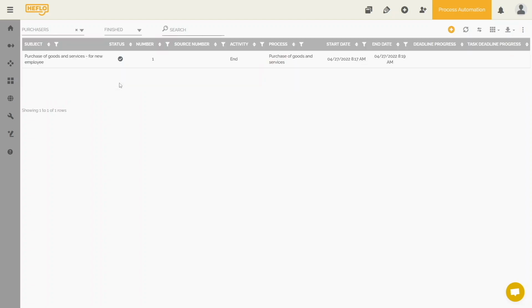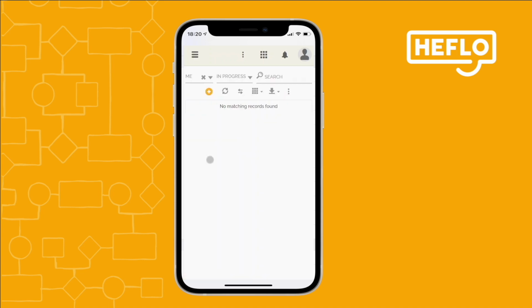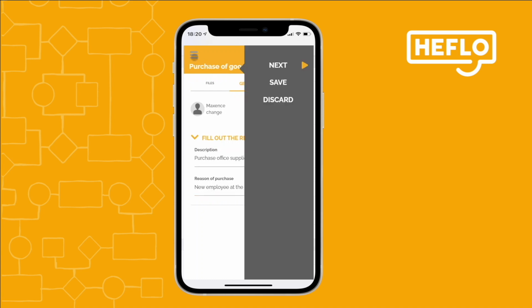You then have the list of work items on this responsibility which are finalized. If your user accesses Airflow from a mobile phone or tablet, Airflow is responsive. It will adapt to this interface, and you will get the same features in a suitable preview mode.